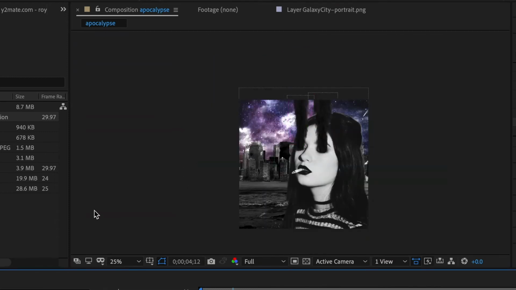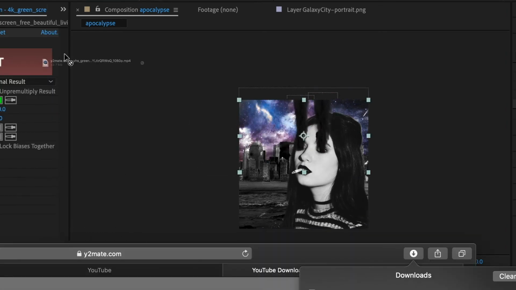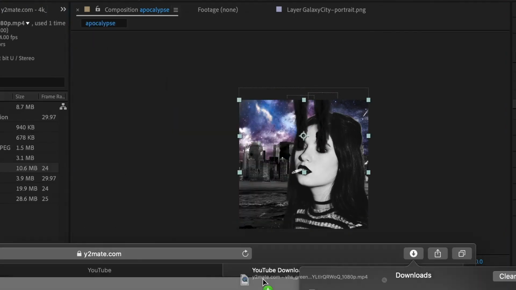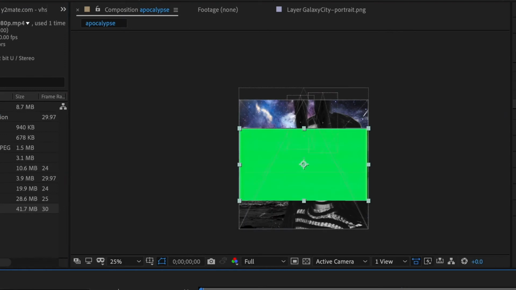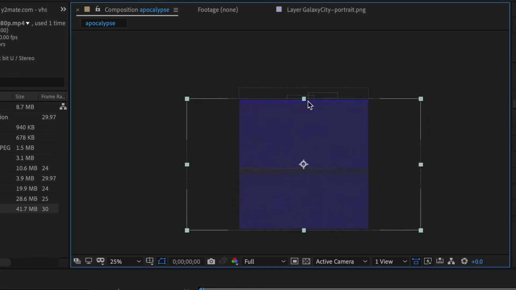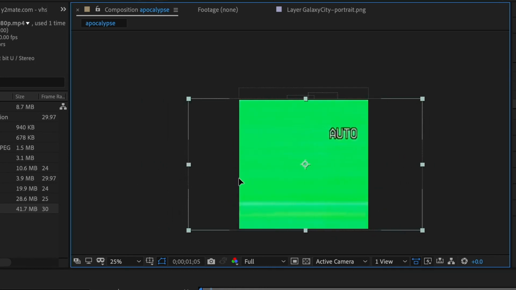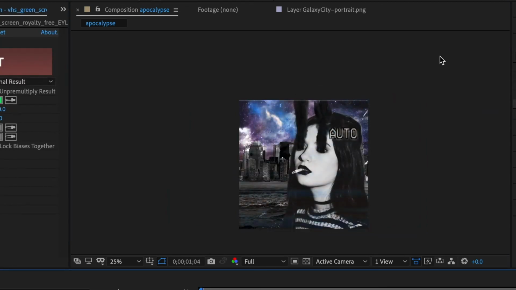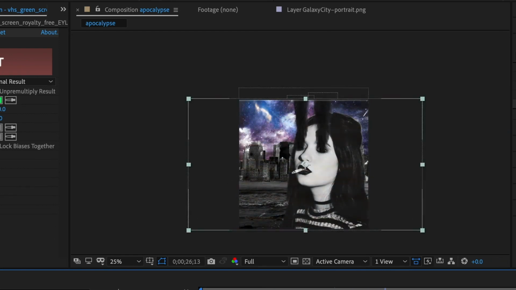After that, I just searched for some galaxy green screen effects and some explosions, and I just did the same method by going into the key light option, dragging it onto the animation layer, and using the eyedropper tool to key out the bright green so it's a transparent video layer. I then did the same thing with this old TV static effect.